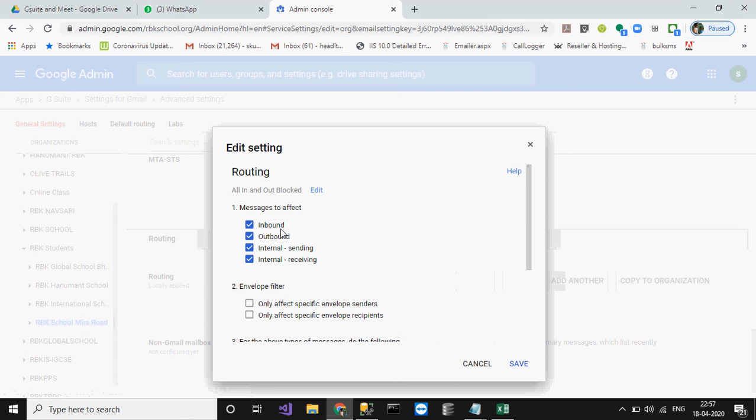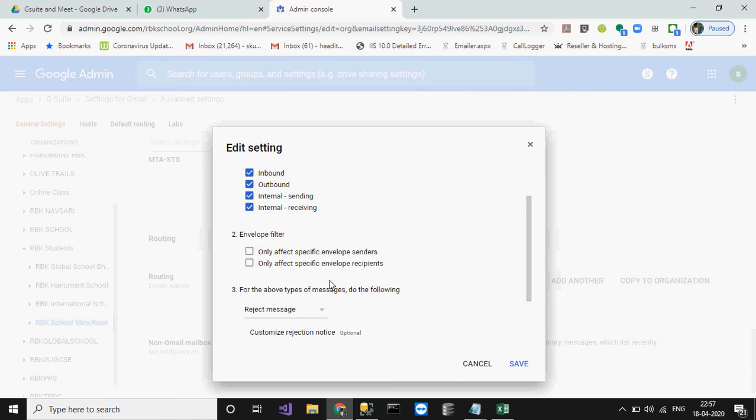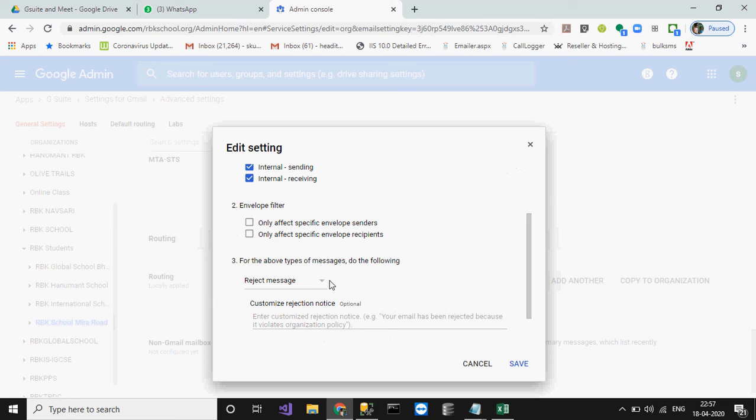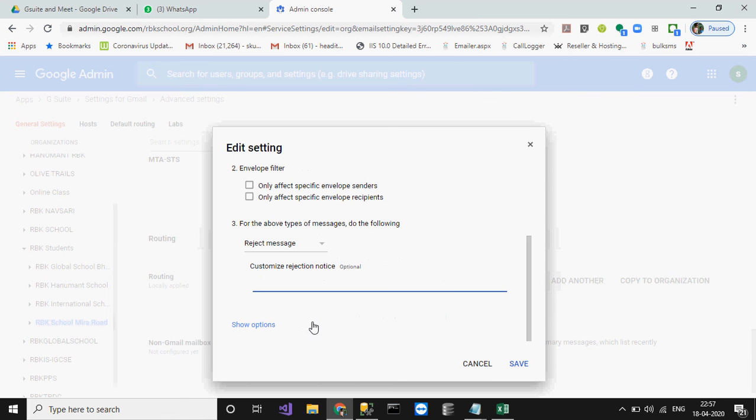Outbound and inbound mean any email IDs which belong outside of my domain, for sending and similarly for receiving, and internal is for inside the domain. Next, what will happen when the action is triggered? The message will be rejected on both sides. Here you can type a customized message. That message will be delivered to the user who is sending the message, right? And save it.